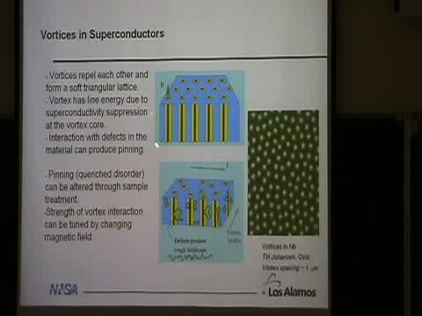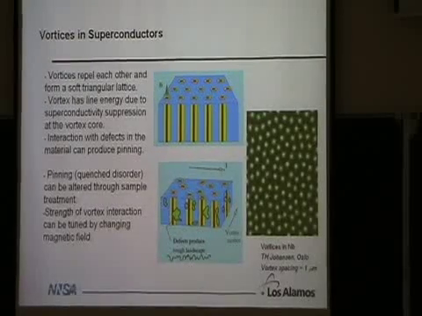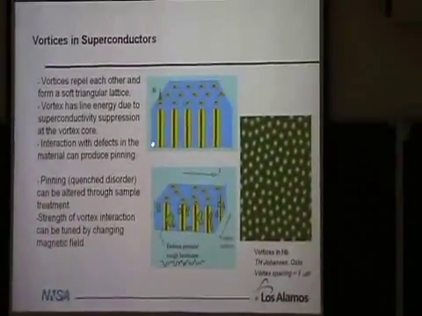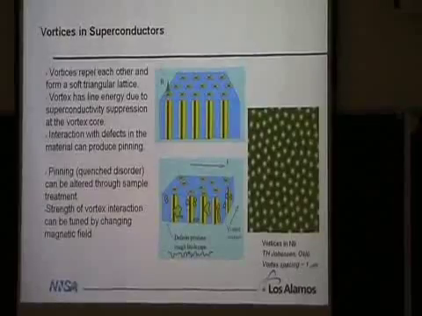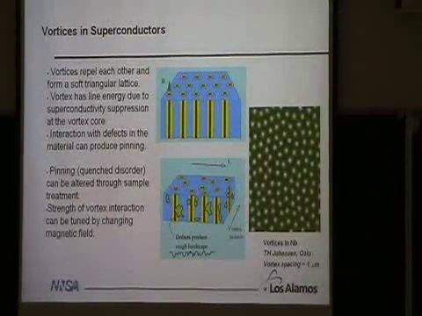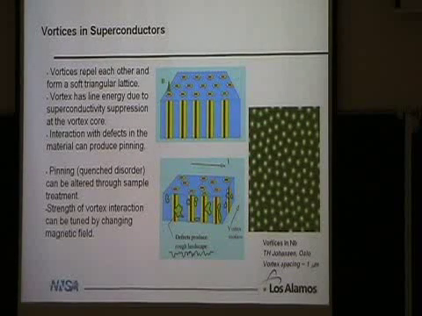So this is what I like to call the theorist's superconductor. It's completely perfect. The material absolutely superconducts everywhere. And if you have vortices in this case, you can think of them as just straight lines. When they repel each other, they'll form a triangular lattice in 2 dimensions. This is the lowest energy lattice. It beats out the square lattice by about 2% in energy.